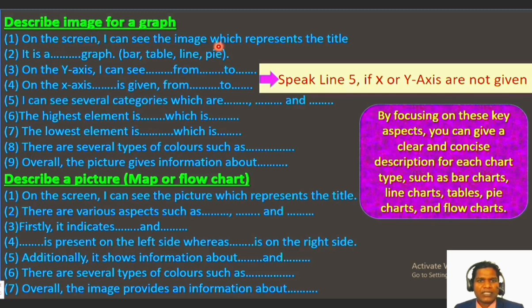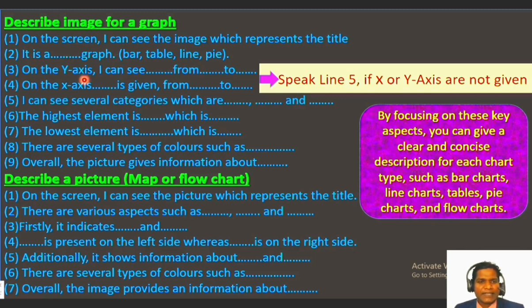On the screen I can see the image which represents the title. So every bar chart, table, diagram, pie chart will have the title already mentioned in your picture. Then you need to speak the title. It is a bar graph, line, pie chart, or table. Whichever this picture is, you need to speak.